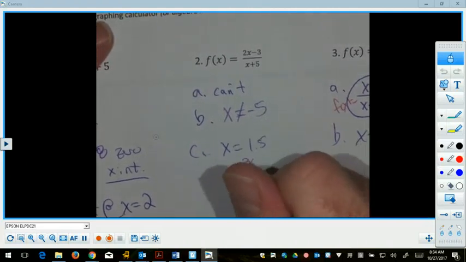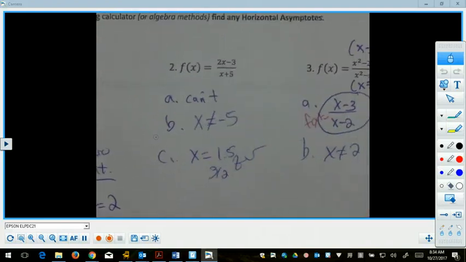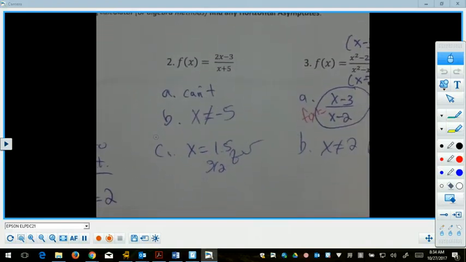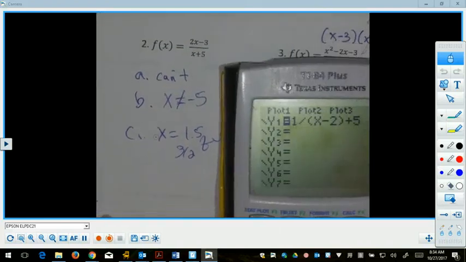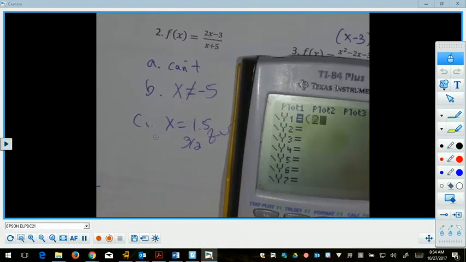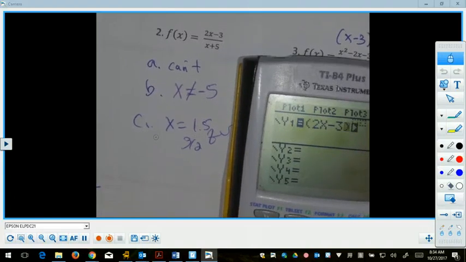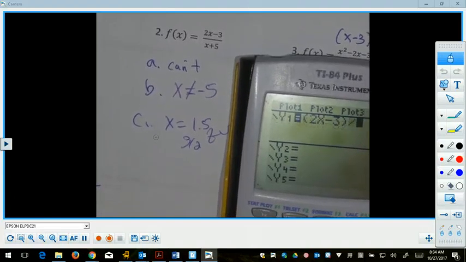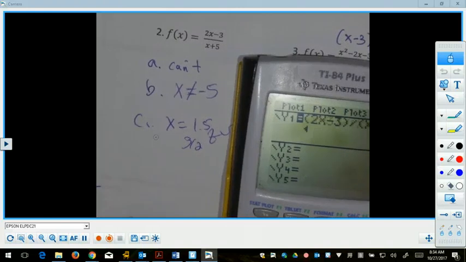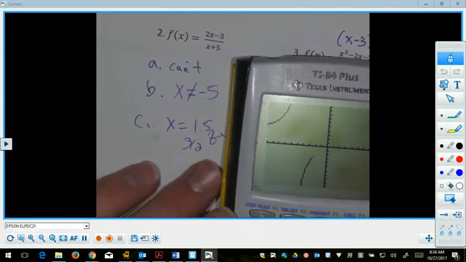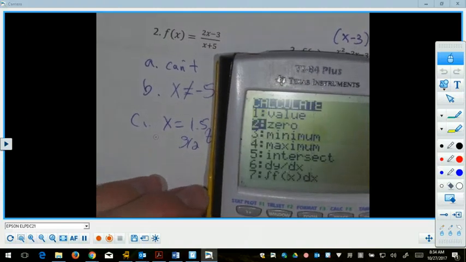1.5, yeah, like 3/2 for the 0. Again, you could get that on your calculator. I'm getting it from looking at the equation right now. But I could, in parentheses, put in my 2x minus 3 divided by x plus 5. When I look at the graph, I can find that using the calculate the 0 feature on